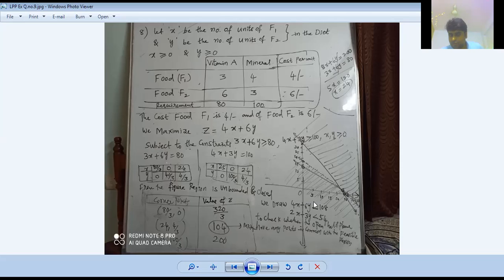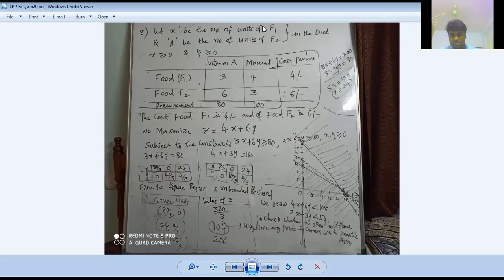So for that region, there will be nothing to check. Generally, why should we draw this inequality? To check whether that open half plane has any points in common with the feasible region or not. Obviously, there will be no points in common. So that's why that value is the minimum value at 24 comma 4 by 3. That we have to conclude in the end. So how should you conclude there? Therefore, the minimum value is 104 at 24 comma 4 by 3. So like that we should write in the end. Okay, so that you would understand clearly there.